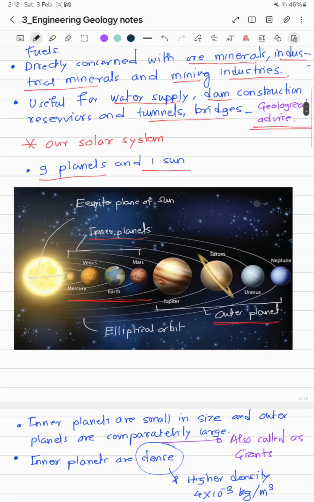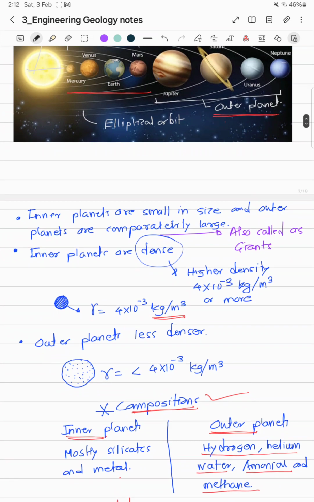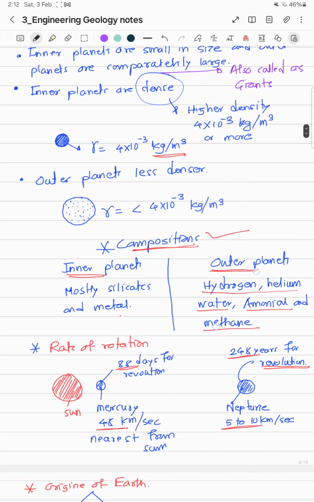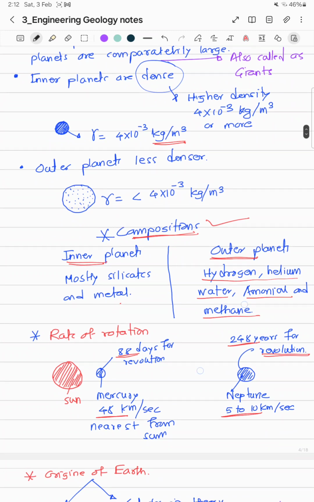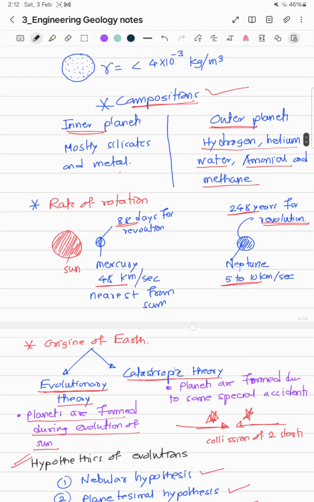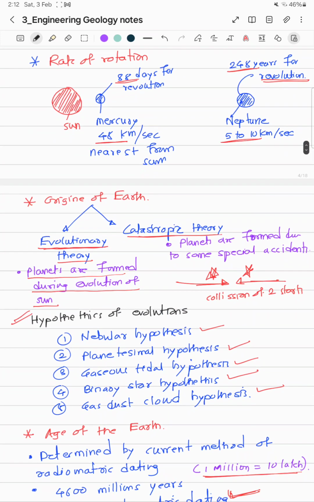Then we have also seen what the planets in our solar system are, and there are a total of 8 planets, inner planets and outer planets. We have also discussed the densities of these planets, the compositions of these inner and outer planets, the rate of rotation of planets, and then the theories which represent the origin of